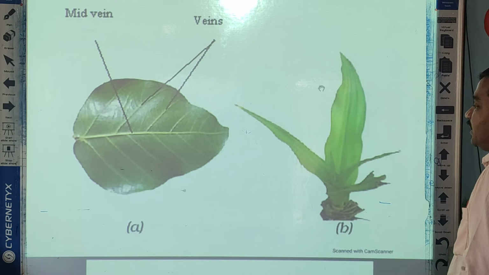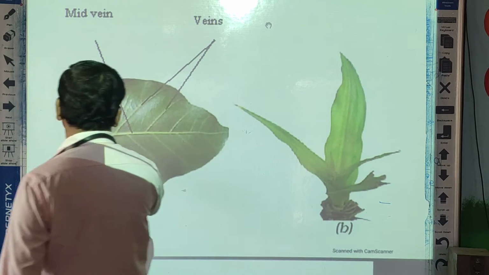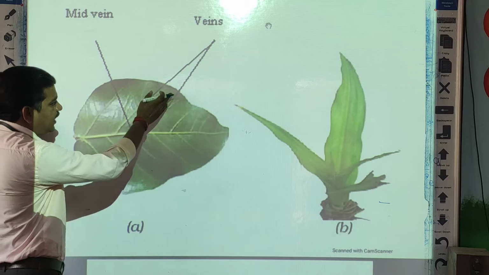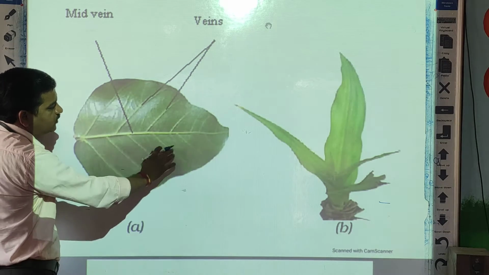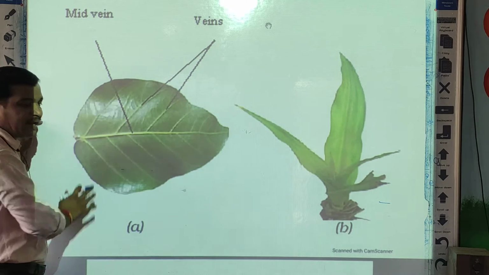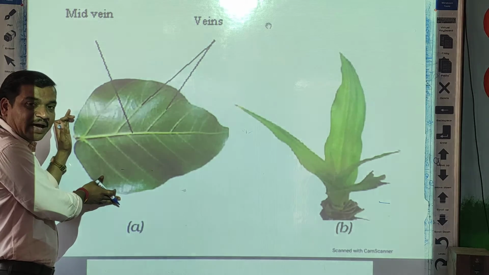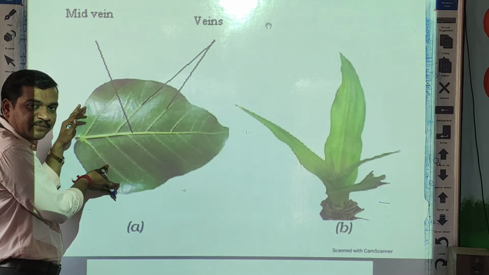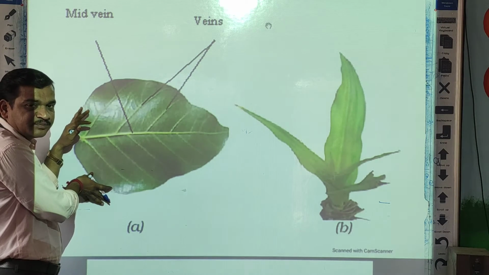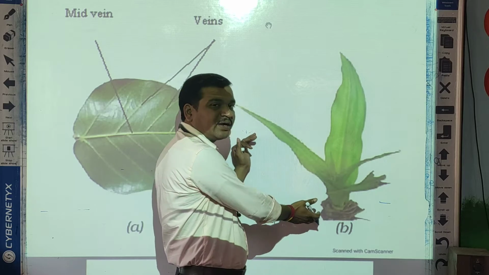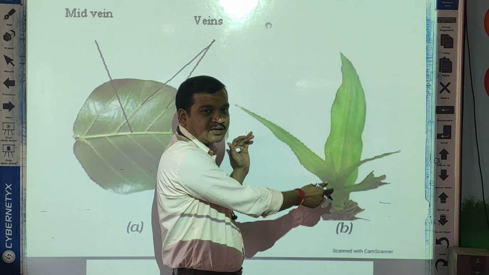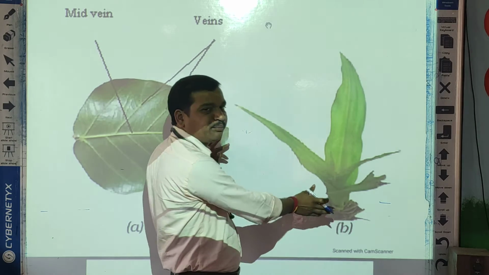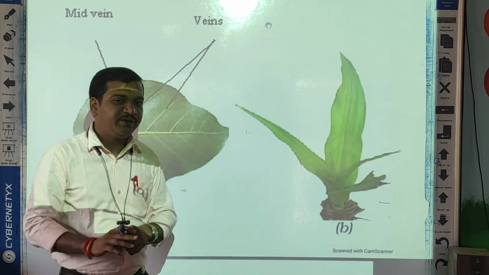Okay, so you can see this is the first picture. This is the leaf of a peepal plant. Here you can see this is the midrib and these are the veins running throughout the lamina. So is this parallel venation or reticulate venation? Here a net-like structure is formed by the veins, so this is the reticulate venation. And here, as I already said, is a ribbon-like structure, and the second thing is that the veins run parallel to each other. So here parallel type of leaf venation is there.